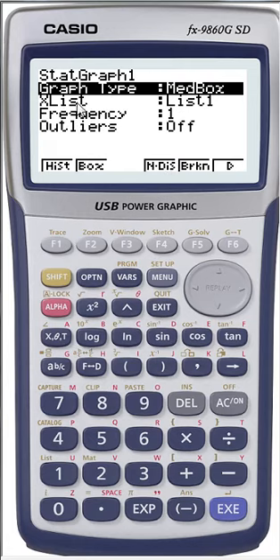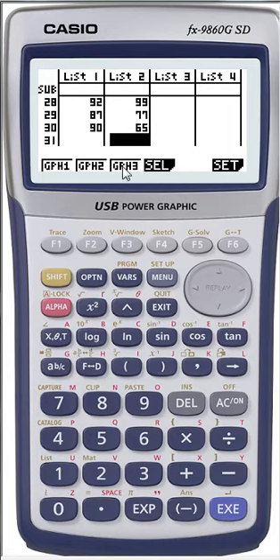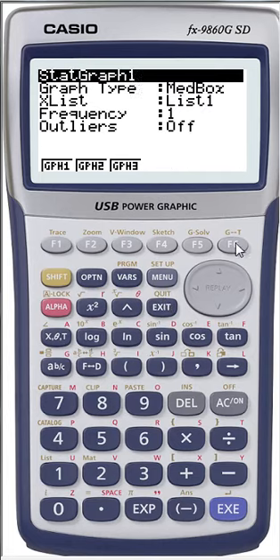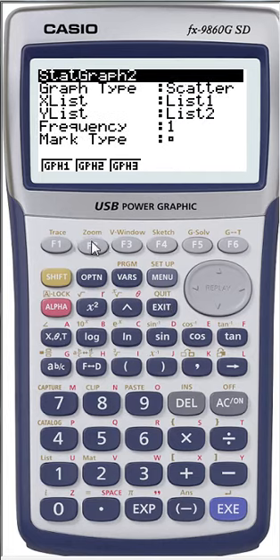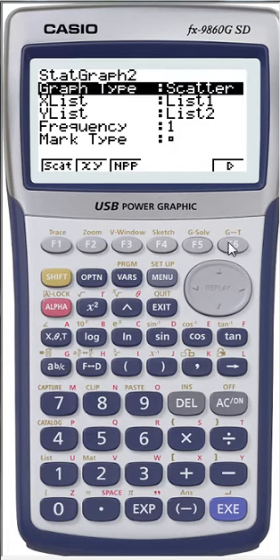It says, do you want it to come from list 1? Yep, so we want stat graph 1 to come from list 1, and we want it to be a box plot. Excellent. So you exit out of that. We then want to look at graph 2. Graph 2, I've chosen by going to F2 there, is also a scatter plot. We want that to be a box plot,